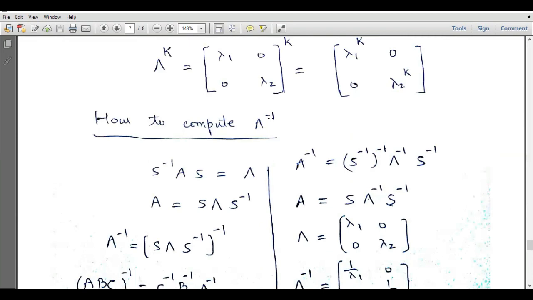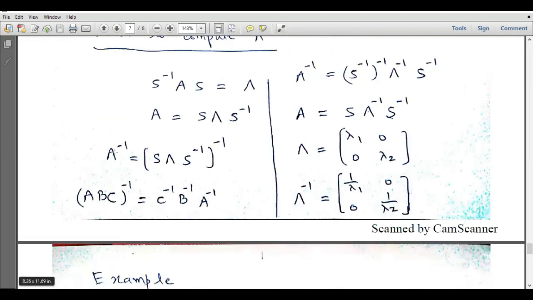Okay, so how to compute A inverse? So we know that A is equal to S lambda S inverse. So it means A inverse will be equal to S lambda S inverse whole inverse. And we know that ABC whole inverse is equal to C inverse B inverse A inverse. And this A inverse will be equal to S inverse whole inverse lambda inverse into S inverse. So this will become S lambda inverse S inverse, and lambda is equal to lambda 1 0 0 lambda 2,